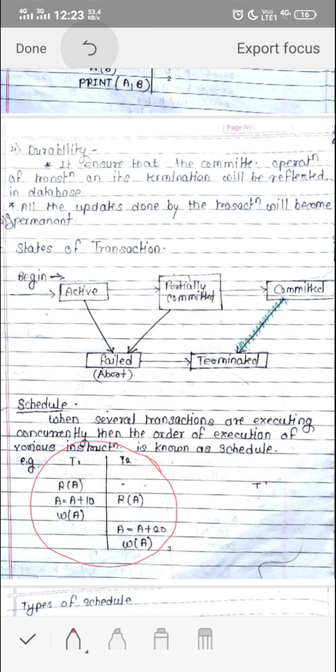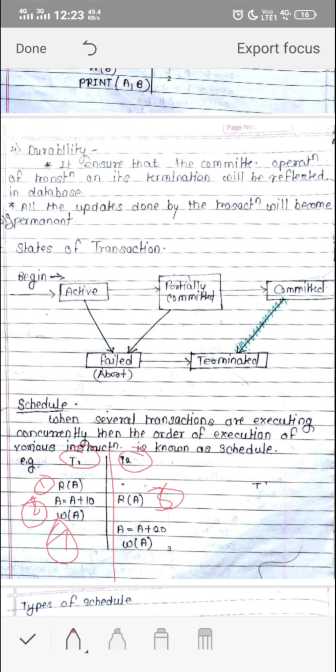For example, if I am talking about these two transactions T1 and T2, then you can see here this particular transaction R(A), then this particular transaction A, at the same time the transaction T2 is executing, then this particular transaction is executing, and then this particular part will get executed. If I want to name it, it will be like this: 1, then 2, 3, 4, and this is 5 and 6. So in this way it will get executed.